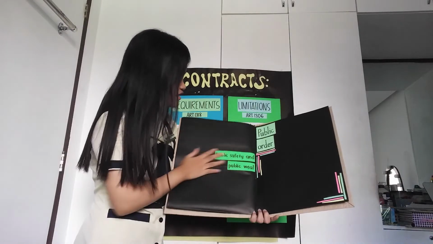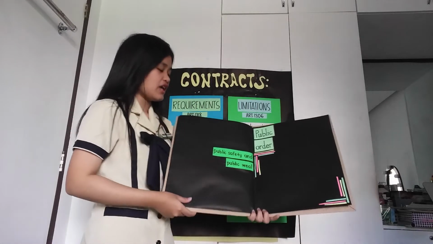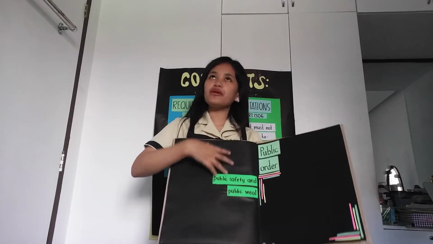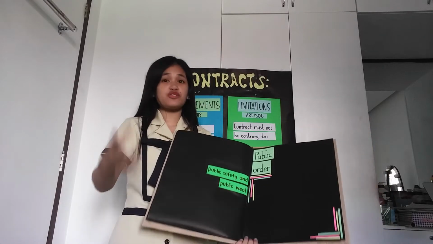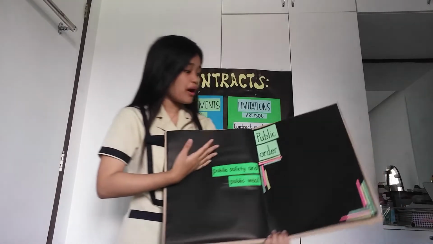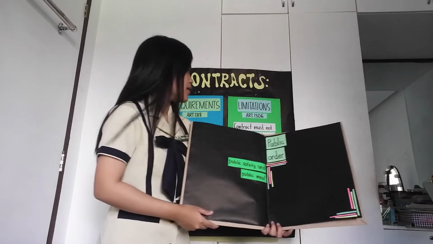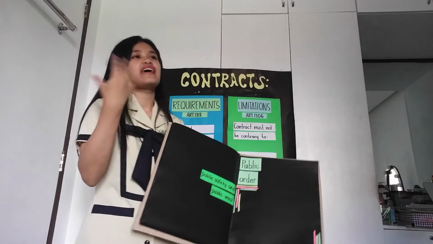In public order, this refers to the public safety and the public will of the community. A good example here is a contract of lease in which the landlord has the right to kick out their tenants whenever they fail to pay their rents on time. That can be considered as some sort of violence and a threat to public order, which makes it an invalid contract. Now, can I hear someone from the class give me an example for a contract that violates public order?